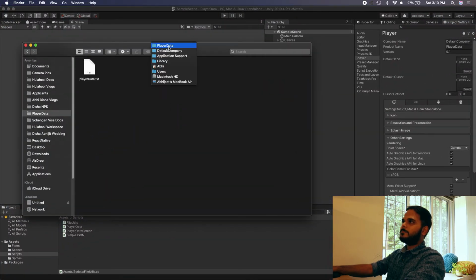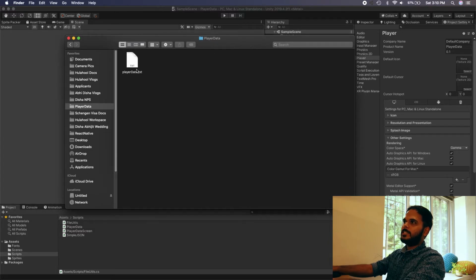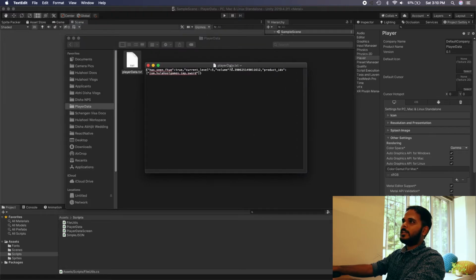So inside Application Support, you will have a folder with the company name, and inside that you will have a product folder, and inside that you will see that we have this player data.txt being created. Let's open that up, and now you can see we have saved our player data successfully. Has seen 2D is true, current level is 5, volume is 0.39, and the product IDs are just Sword.